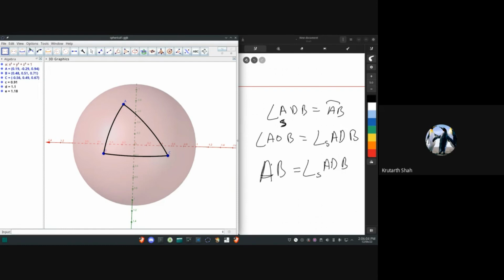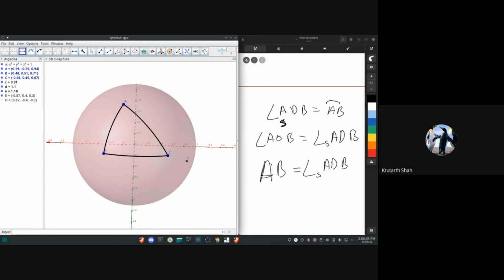So we take the pole of AB, which is on the same side as C. So we take E,